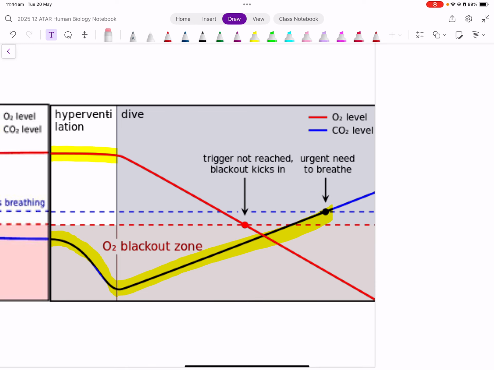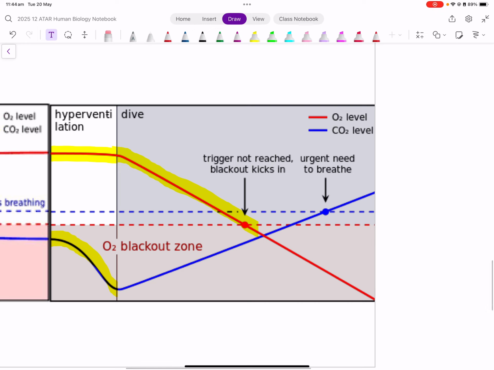What our body will cross over instead, as a consequence of that, is another threshold. And this threshold is where your body is so low on oxygen that it blacks out. A blackout normally, if you're on land, would be a good thing because it would force your body to lie down. The medulla oblongata would take over control once again and you begin breathing. However, when you're deep underwater and you black out, you no longer have the ability to fight that control of breathing, and so your body takes over and you breathe in water and you drown. So this is a really dangerous scenario with hyperventilation.